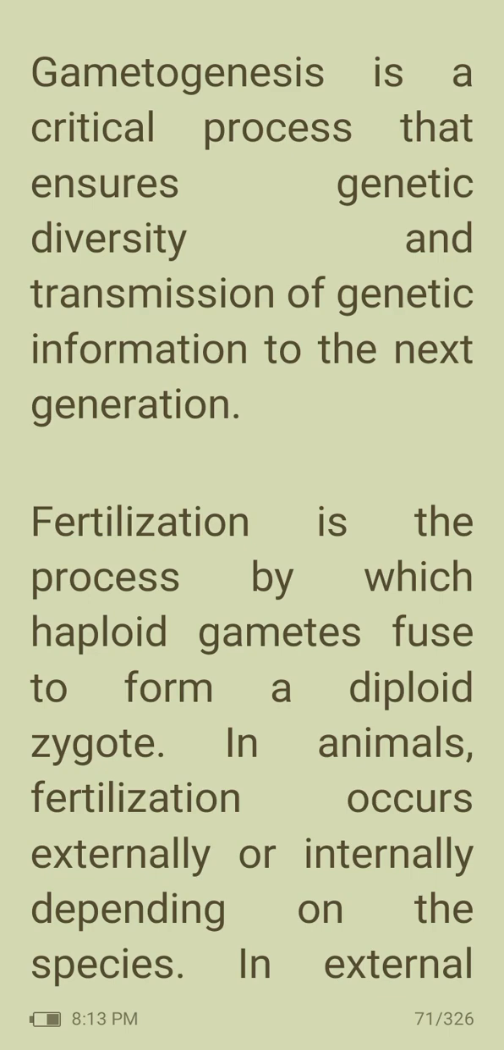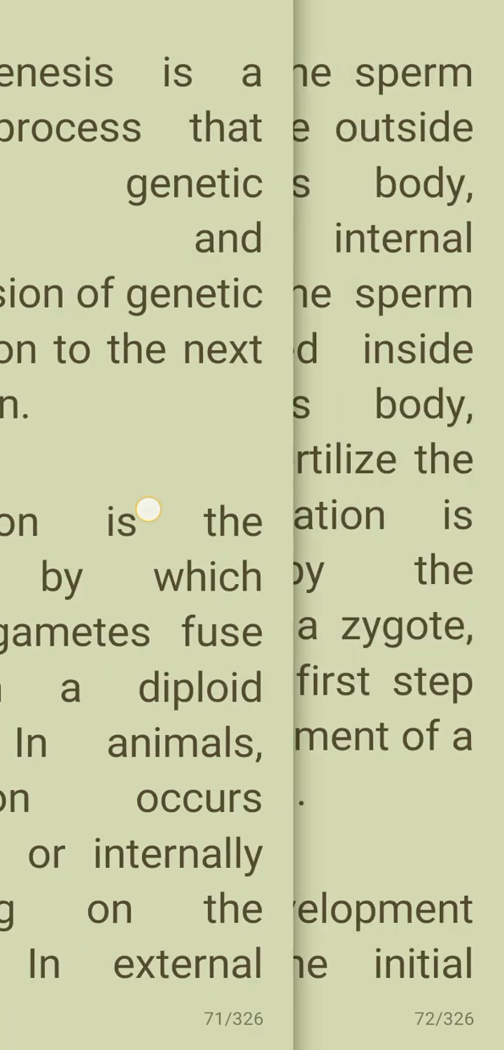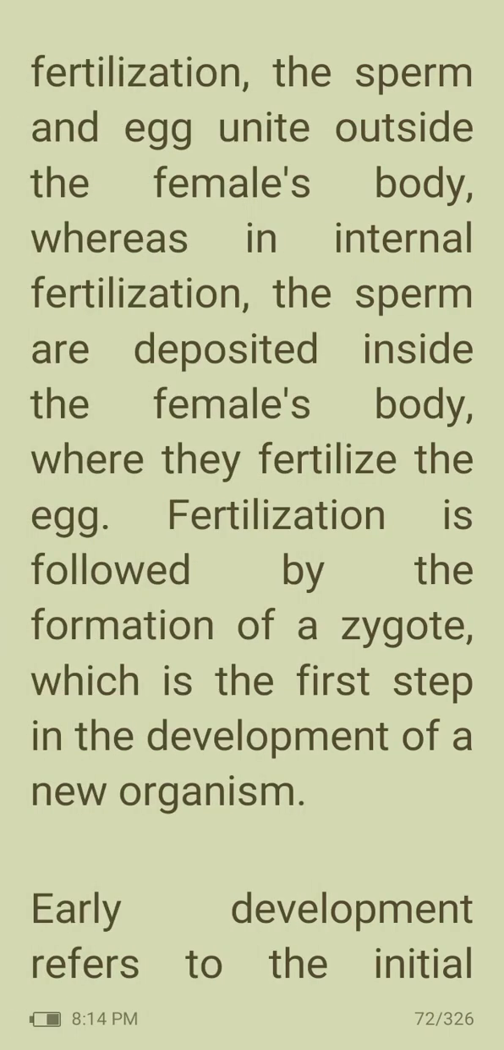generation. Fertilization is the process by which haploid gametes fuse to form a diploid zygote. In animals, fertilization occurs externally or internally depending on the species. In external fertilization, the sperm and egg unite outside the female's body, whereas in internal fertilization, the sperm are deposited inside the female's body where they fertilize the egg. Fertilization is followed by the formation of a zygote, which is the first step in the development of a new